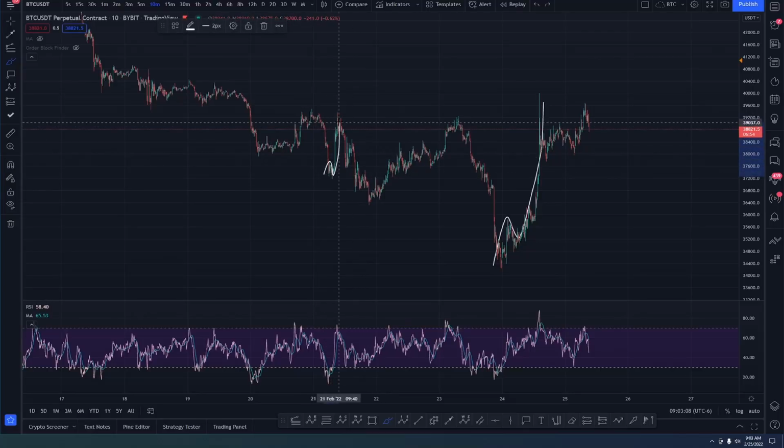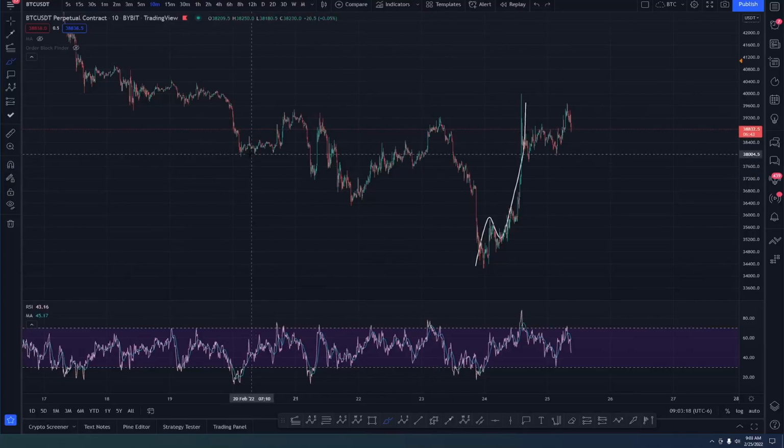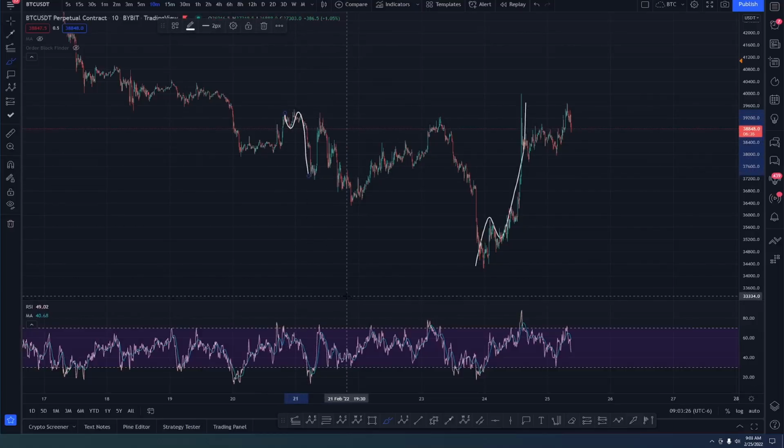This was a flat. That was a 3-wave move. Okay? It is what it is. So we can have 3-wave moves, okay? Now, one might argue that this was a flat and that actually was a 5-wave move. Fine. If you want to argue that, that's fine. But then you've got to deal with the fact that this was a really extended 3-wave move.